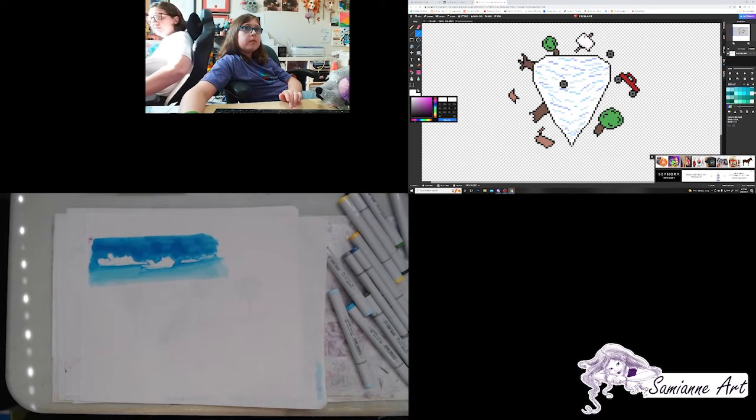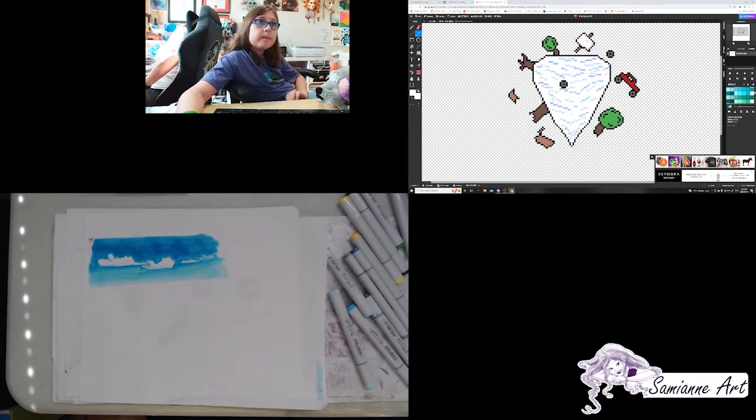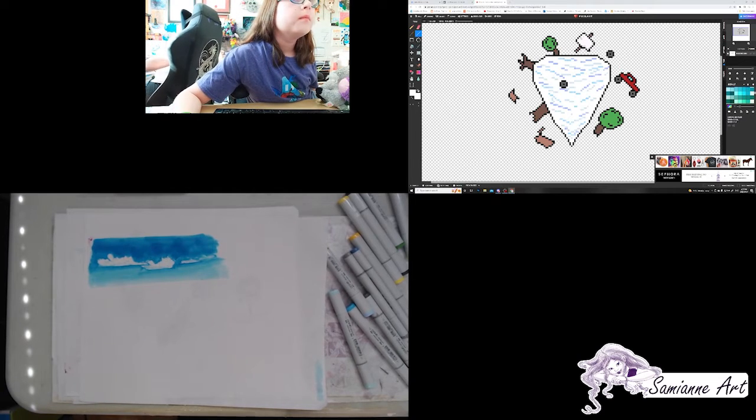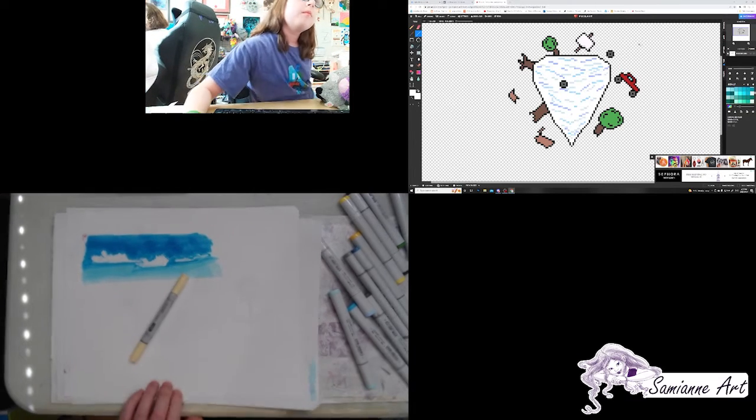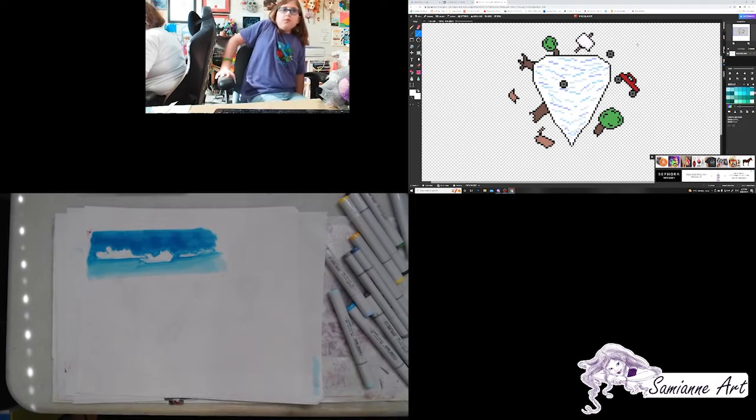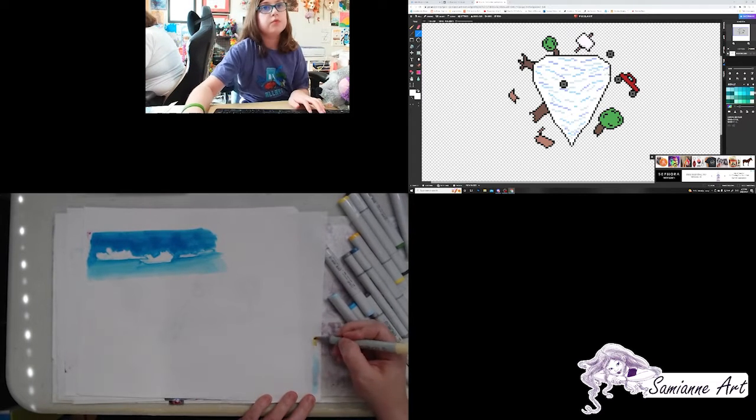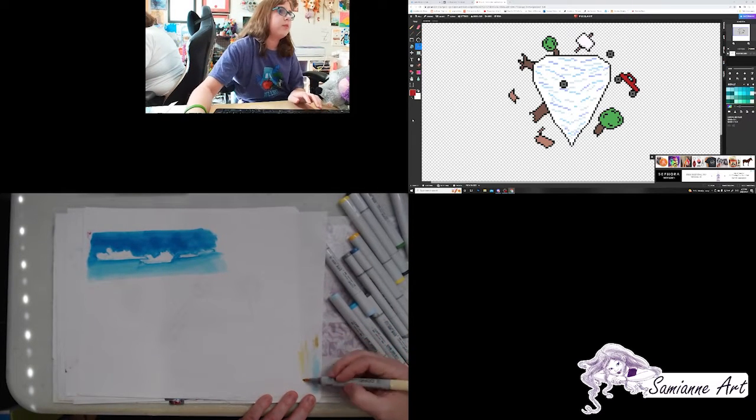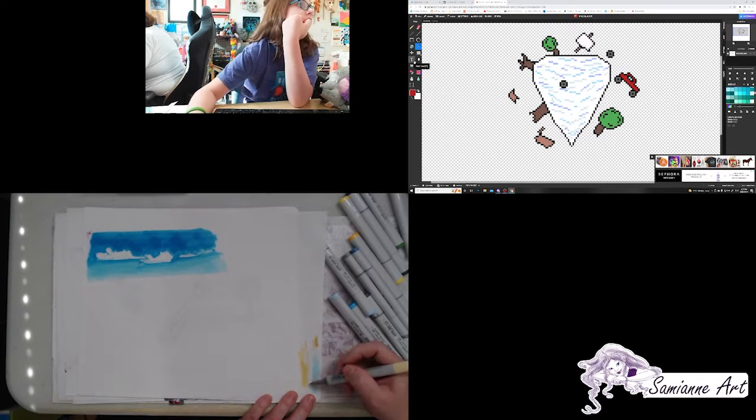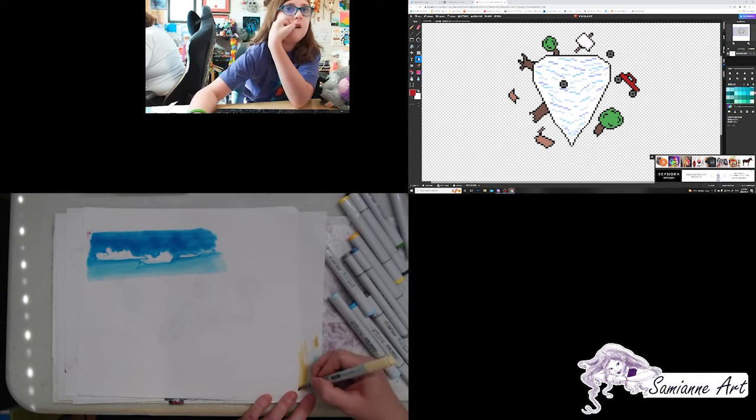Or I consider putting just a little bit of yellow on there. Do I have a yellow light enough? Maybe that one's light enough. Let's try it. Oh, this one's been dirtied. The tip of my marker is dirty. To clean it out,